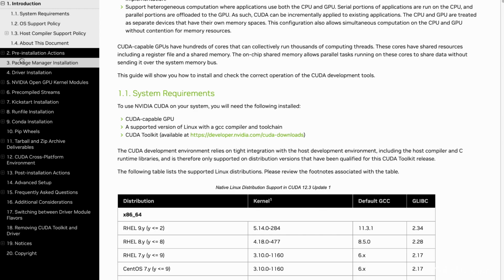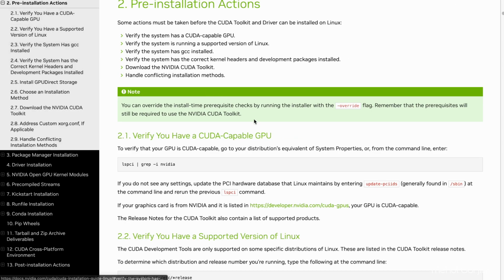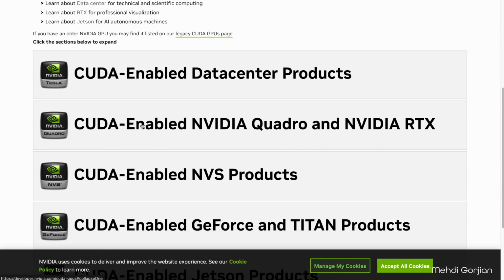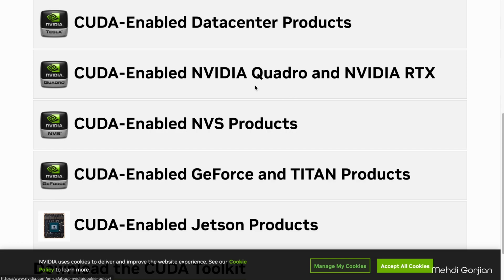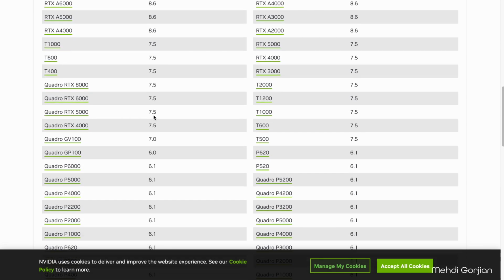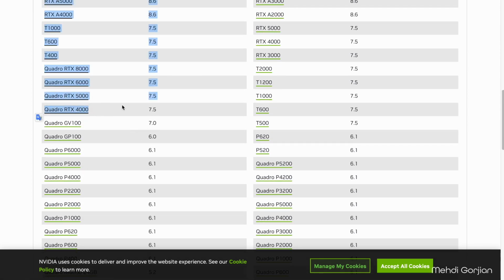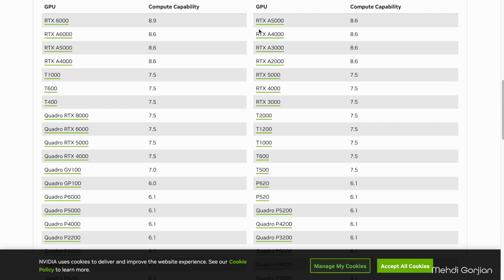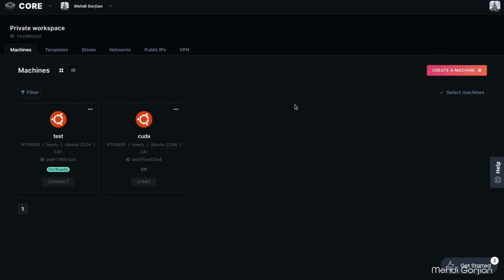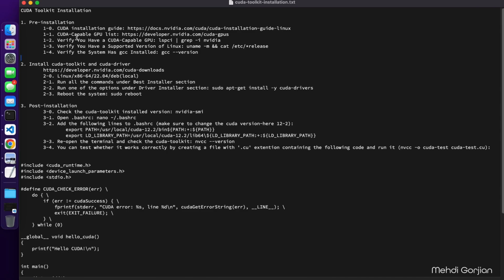To do that, let's go to the pre-installation section. If you go to this website, it lists all the graphic cards that are CUDA compatible. Because I used an RTX 4000, we can go through this list and see it's listed here. You can go through this list and see if your GPU is listed or not. Then the next part is